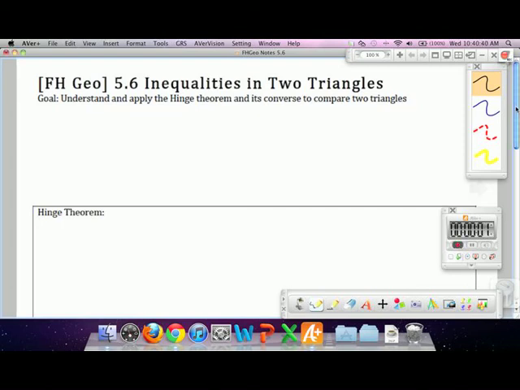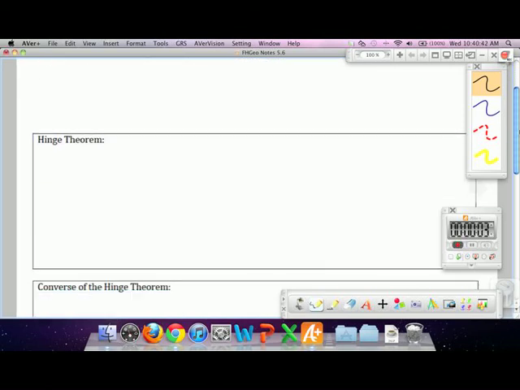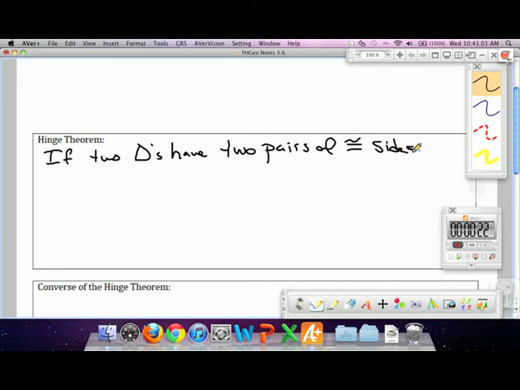The hinge theorem says just what we claimed. If two triangles have two pairs of congruent sides, again, they don't necessarily have to be isosceles triangles, but if we have two pairs of sides that are each congruent, if we have this situation,